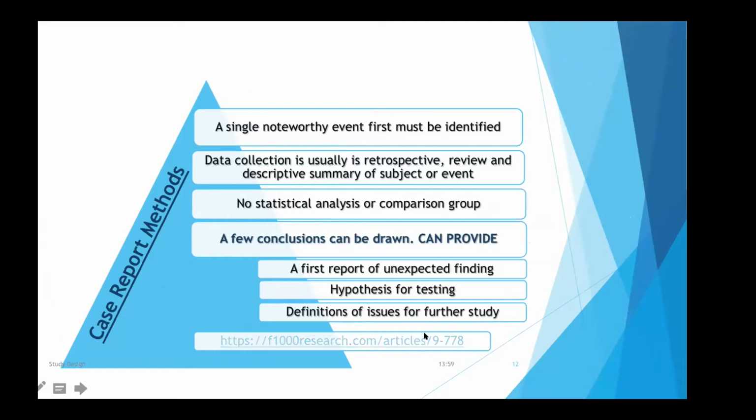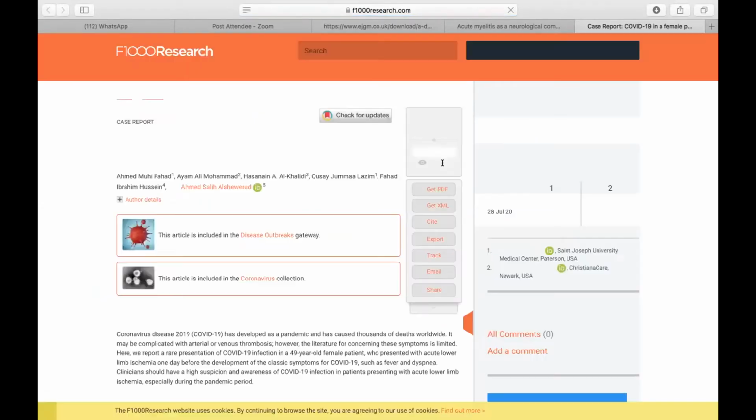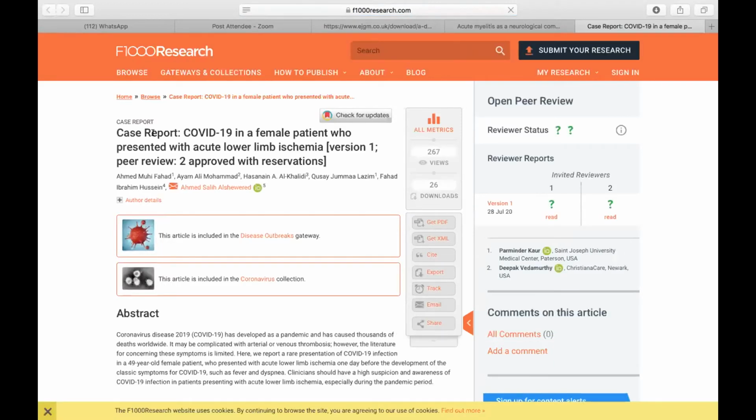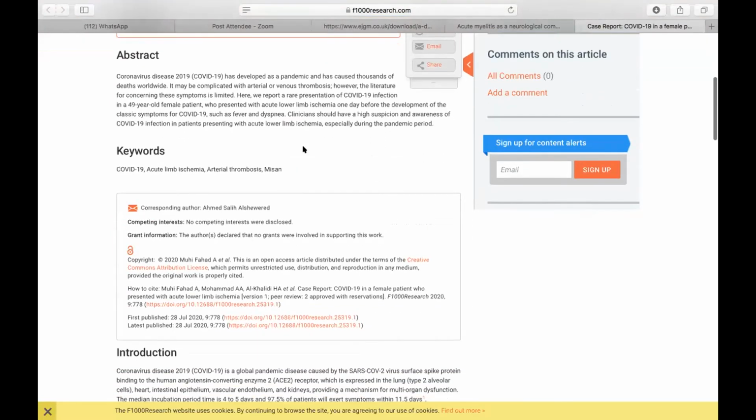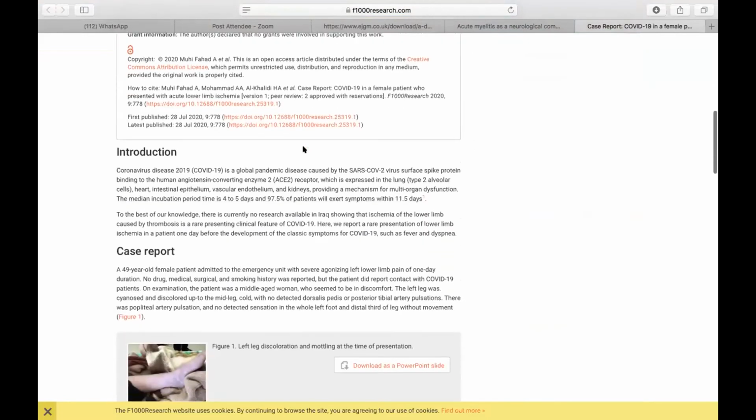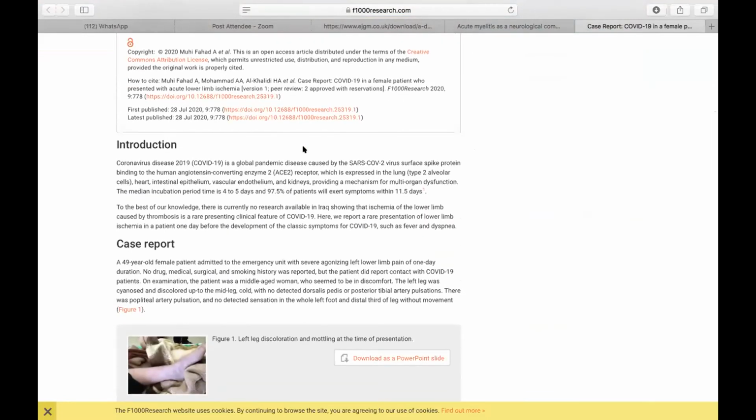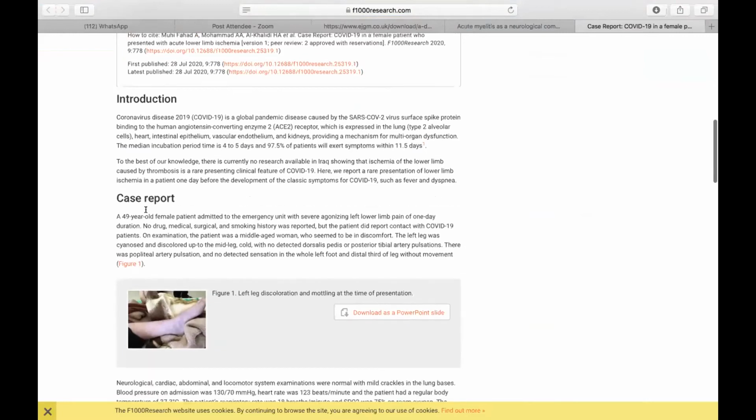طيب نروح الكيس ثانية نشوف هذه البيبر عن كوفيد-19 بعد. هذه بعد كيس ثانية كانت السرير إيفنت وكانت في بدايات الحالات اللي جات عن طريق كوفيد. طيب لاحظوا كيس ريبورت COVID-19 in female patient who presented with acute lower ischemia. طيب البيشنت هذه جات عندها كوفيد وما عندها أي ديزيز ثاني، young age كانت يعني